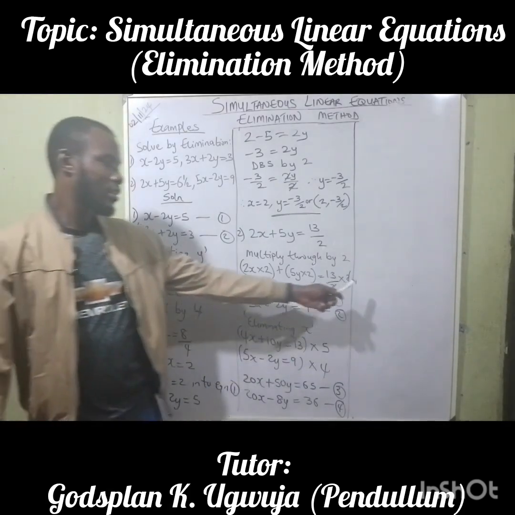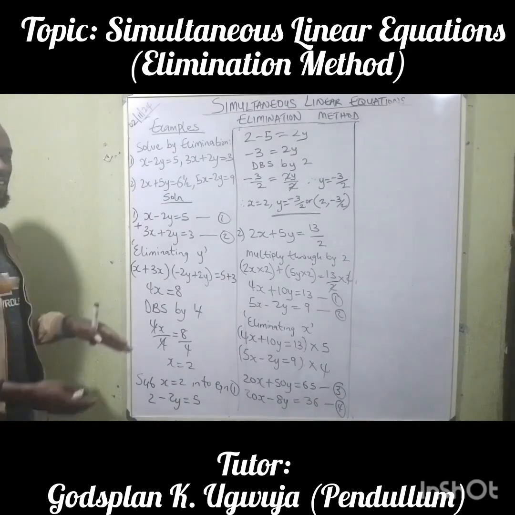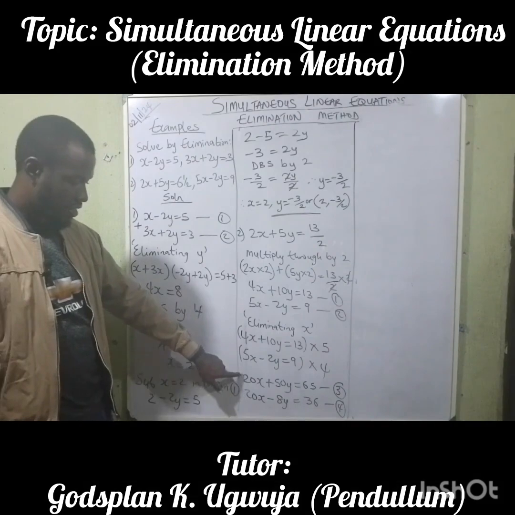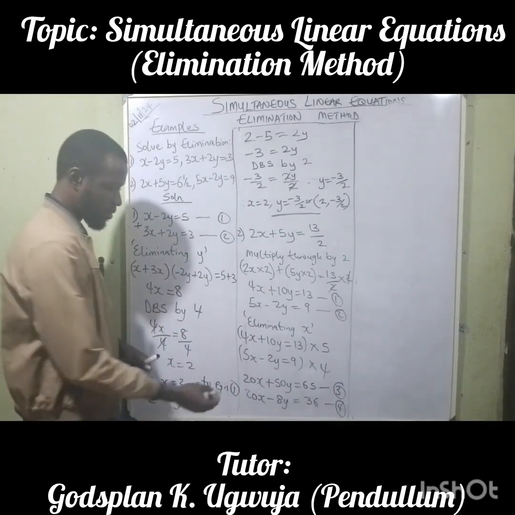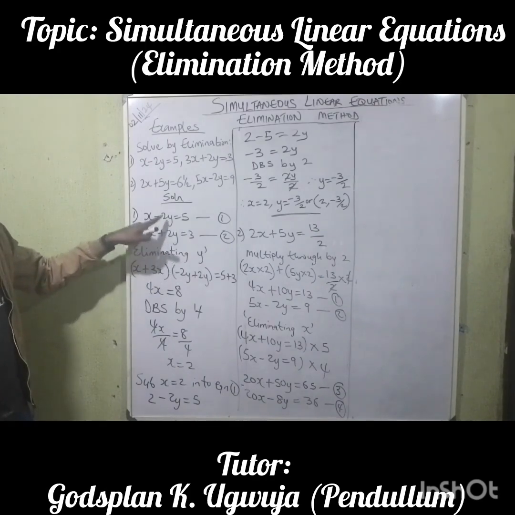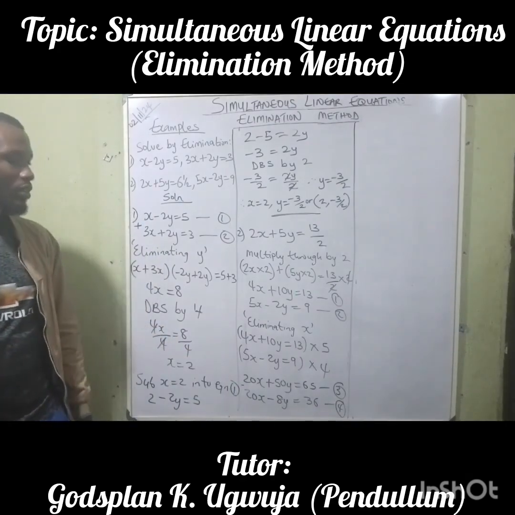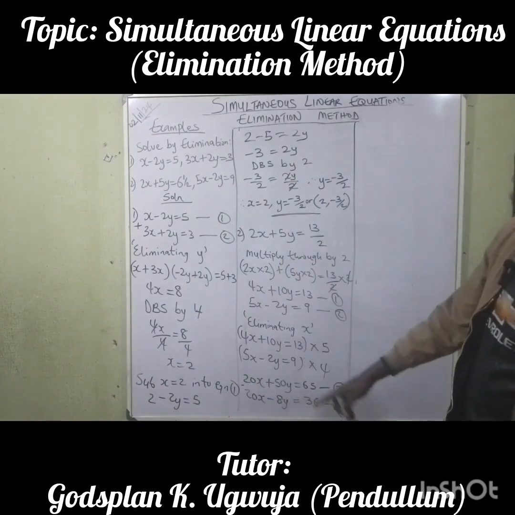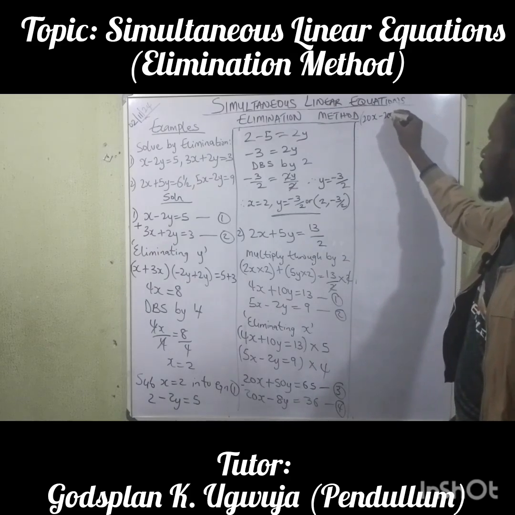Now, I wrote something here that I cleaned. If the coefficients of the variable you are trying to eliminate have the same sign, you subtract. You can see this is positive, positive. So to eliminate, we are going to subtract. This first one, negative positive, different signs, we add; the same sign, we subtract. Right, so if we subtract this, remember everything in equation 3 will subtract everything in equation 4, so we're going to have 20x minus 20x,